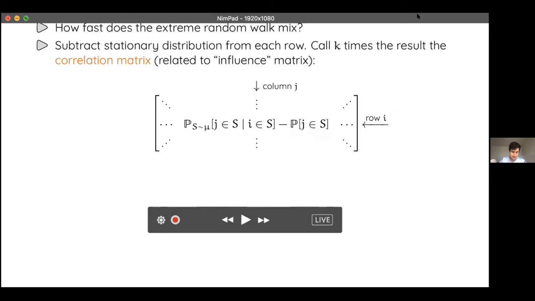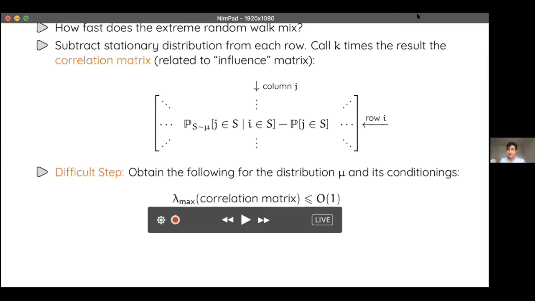Okay. So let's even ignore that factor of 1 over k that was present. Without that factor of 1 over k, let's call whatever matrix we end up with the correlation matrix. The reason for this naming is that the entries of this are somehow measuring the correlation between various elements in your distribution, right? So the probability of j given i minus the probability of j itself. For example, if you have decay of correlations, a lot of entries of this matrix would be 0 or near 0.